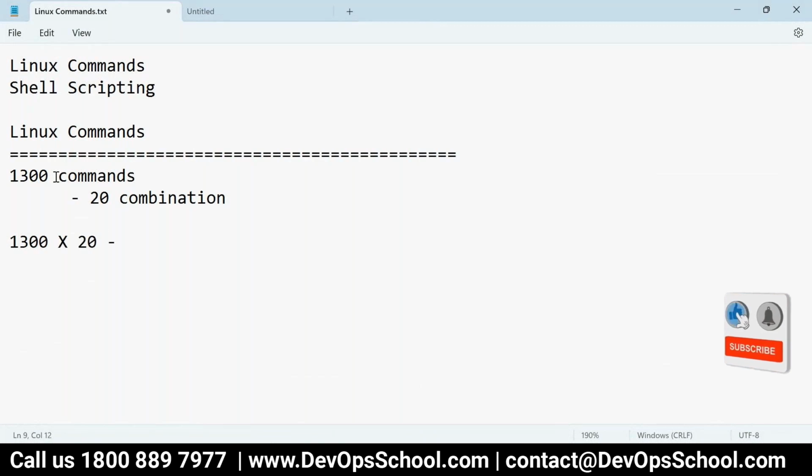That many combinations we need to know. But the question is, do I know them? I've been working on Linux for the last 15 plus years, so do I need to know all these commands? No, you don't need to know. Do I need to remember all these commands? No, you don't need to remember.